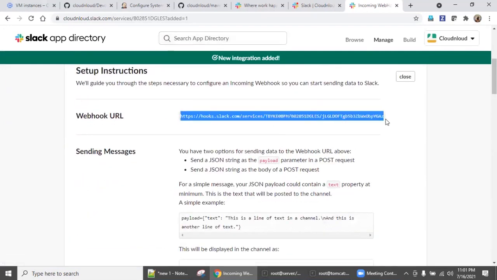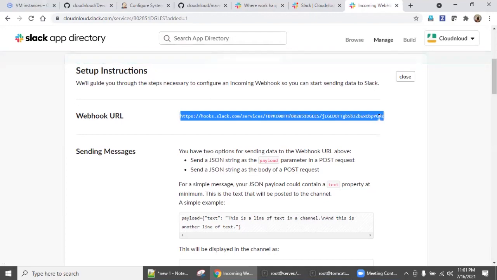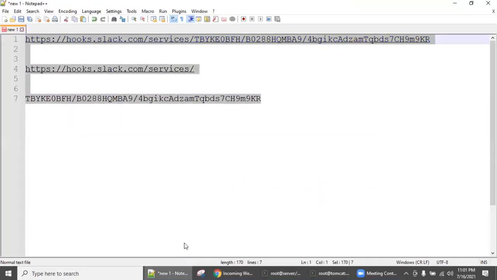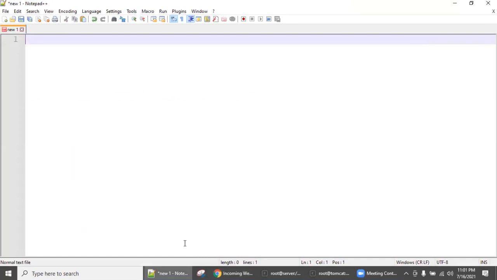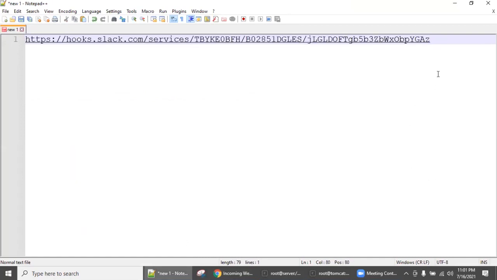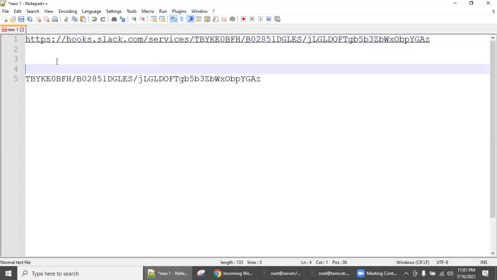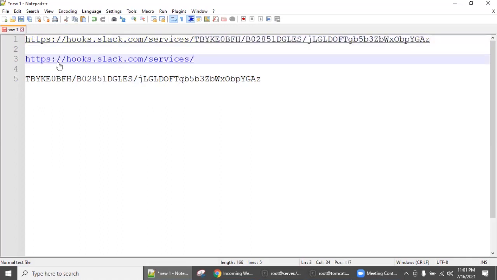This is the URL you need to properly configure in the Jenkins CI tool. So copy this. Before going back to Jenkins, split this URL into two: one is your secret key and the other is the URL, so that it will be easy for you to key in Jenkins. So split it up first.